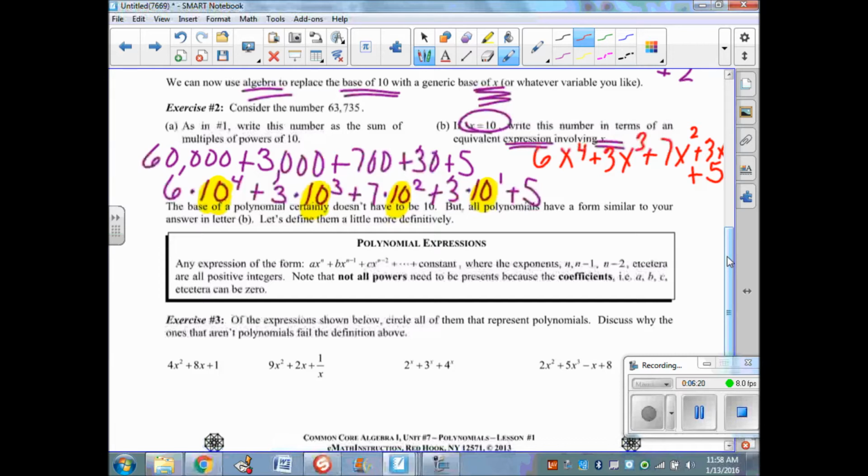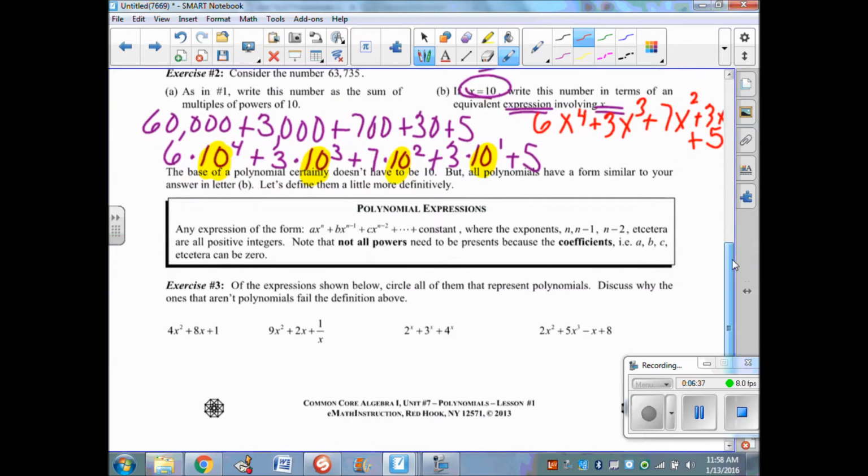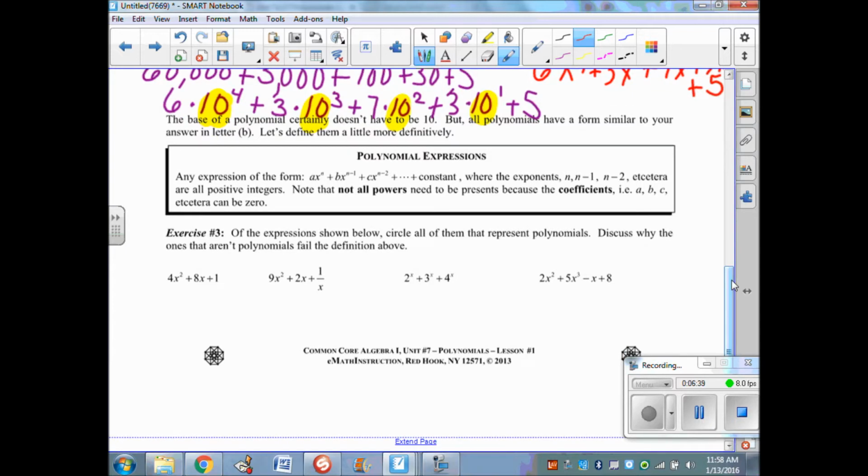Okay? So what is a polynomial? The base of a polynomial certainly doesn't have to be 10, but all polynomials have a form similar to your answer in letter B. So let's define them a little bit more definitely. A polynomial expression: let's break down that word. Poly meaning many, expression,